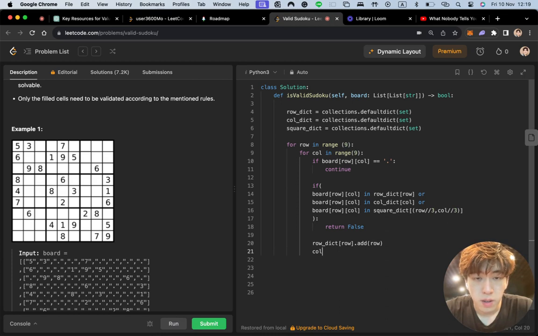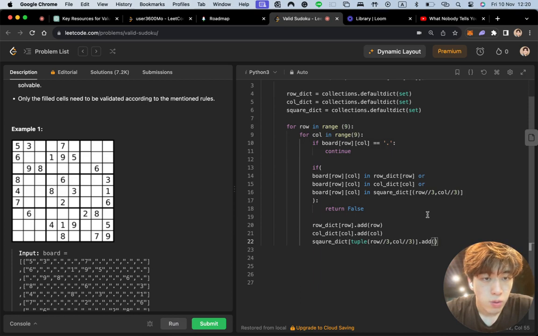And so column dict add column. And the last one is going to be square dict, add tuple. Add row. It's going to be an array of tuples. Column. We add it should add the